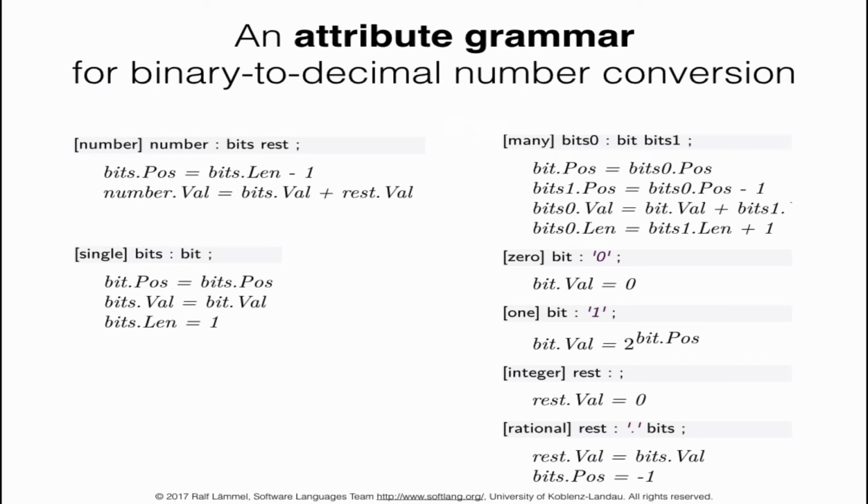Okay, so here is an attribute grammar for the underlying binary to decimal number conversion. I'm not going to go into detail, but it works by having value attributes. It also works by having position attributes for the bits in the bit sequences, and we also deal with the lengths of bit sequences. A sort of interesting aspect here is that we seem to synthesize the length of the bit sequence, and then we pass it back down as an inherited attribute for the position of the heading bit of